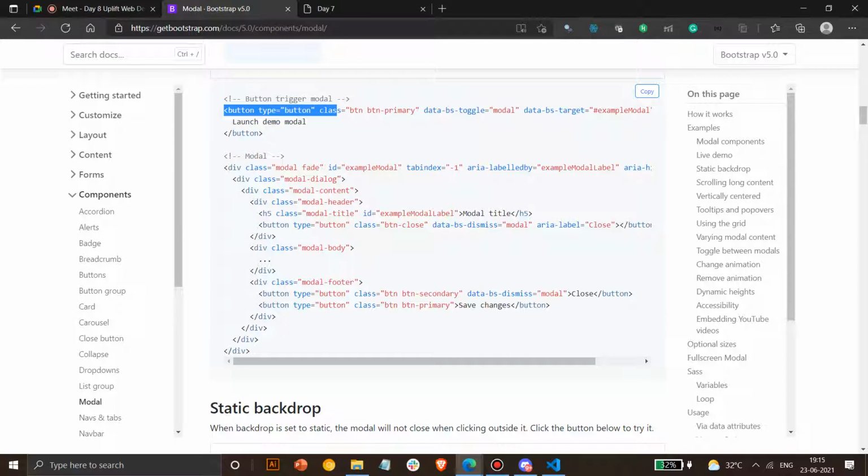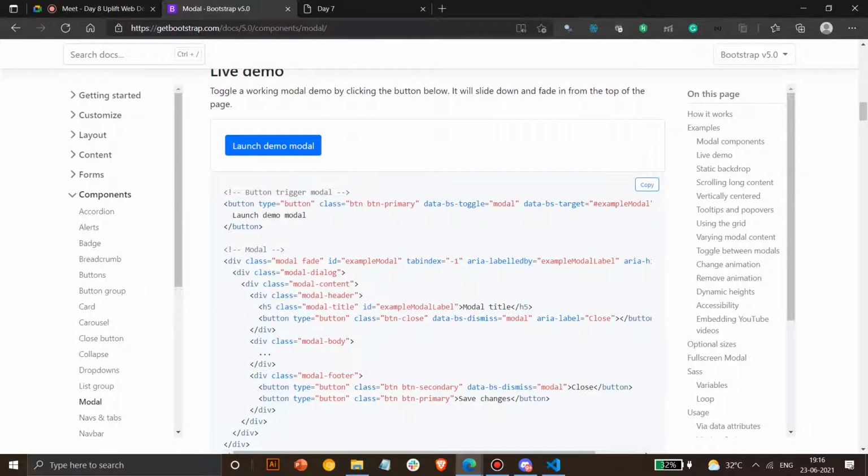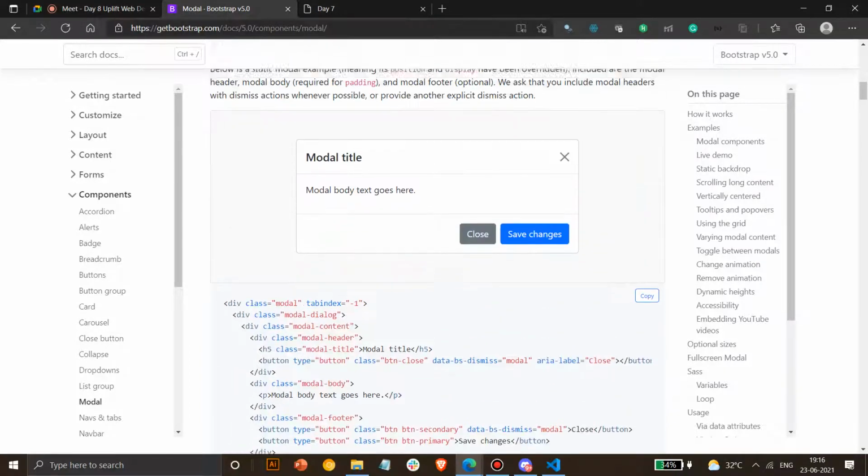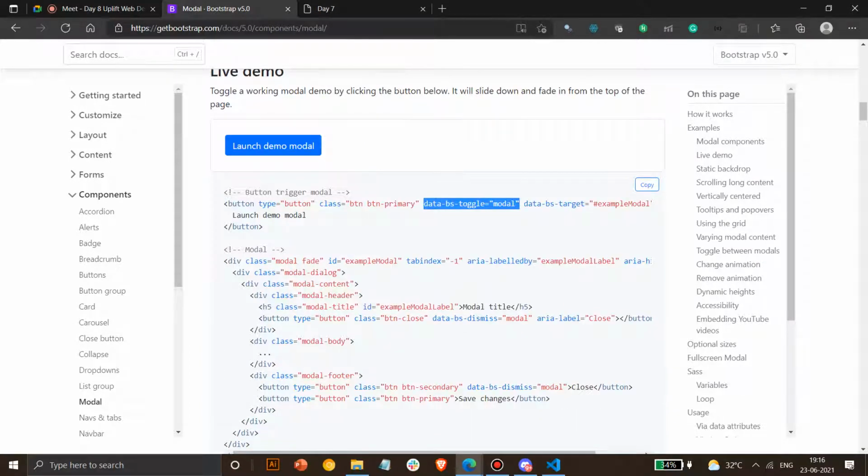Okay, so basically here you have a button, type button, then there is a class of primary button. Okay, this is normally the characteristics of a button. Then there's data-bs-toggle modal. You have to specify what kind of function this is doing. So it's toggling between this and a normal button. This has to be specified. It's a parameter in Bootstrap. If you don't give this, it won't give an error, but it's always better to specify it.